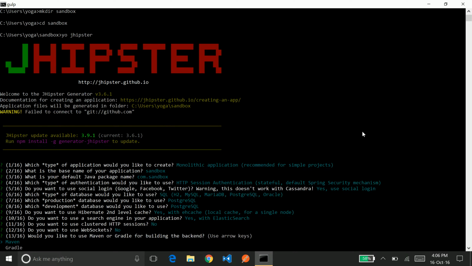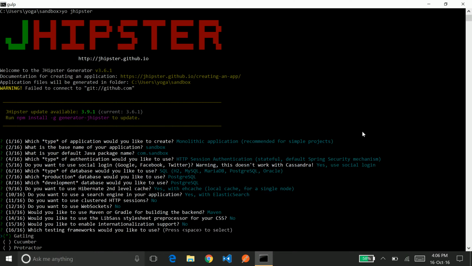Which would you like to use, Maven or Gradle, for building the backend? I'm going to use Maven for building. Any Sass style sheet processor to your needs? I don't need that one. And any language support? I don't need that one. So which testing frameworks would you like to use? I'm going to use Gatling for that one. Click yes. It's gonna take a couple of minutes to reload and to create the server side and also